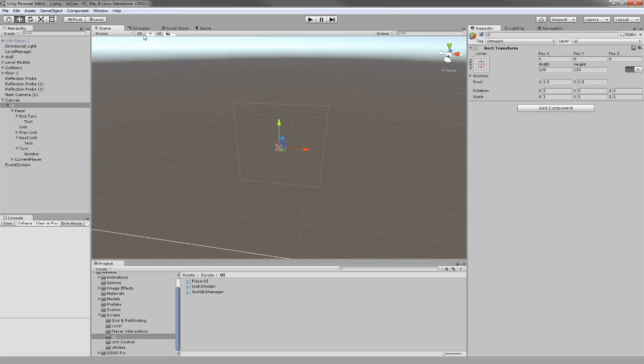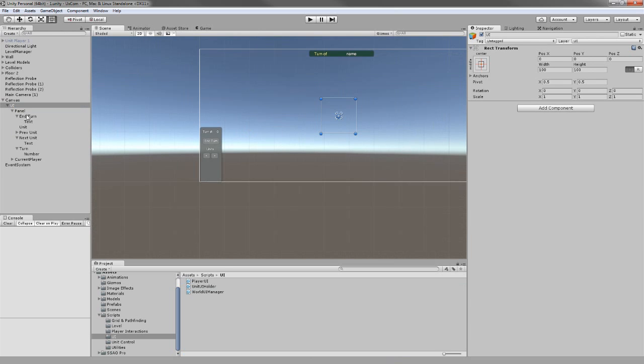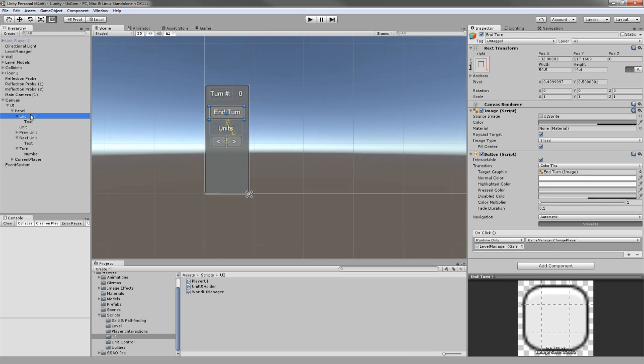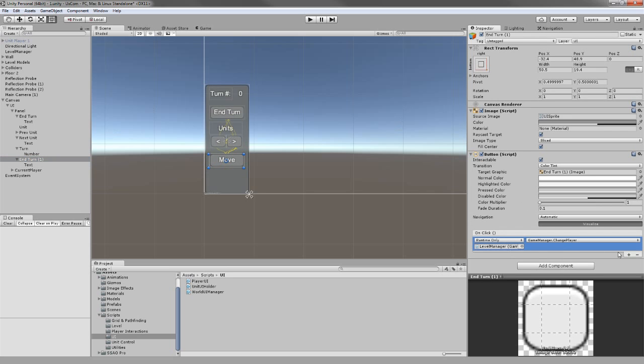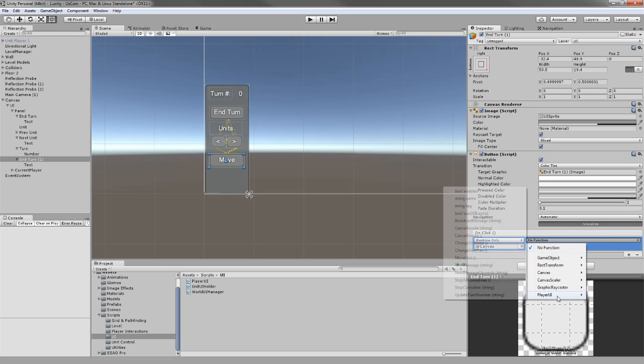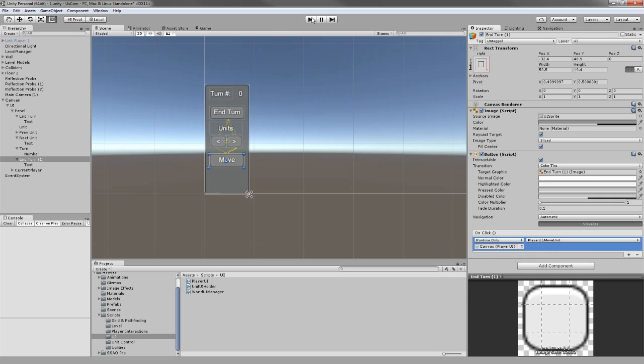I'm going to my UI, so you'll see how you can make the button. I'm going to duplicate the end turn button. Now it's really nothing, just a button as it is, and the text. I'll change the text to move, and over here I'm going to delete this one. I'm going to add it again so that you can see how it is, and I'm going to take the canvas, add it over here, and from functions I'm going to go player UI, move unit,